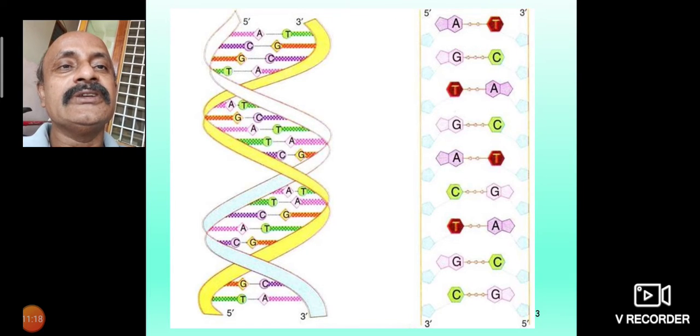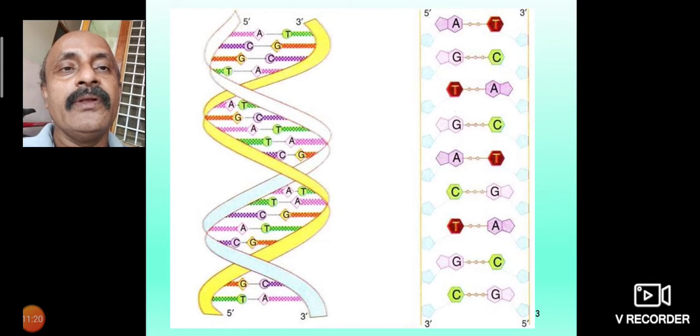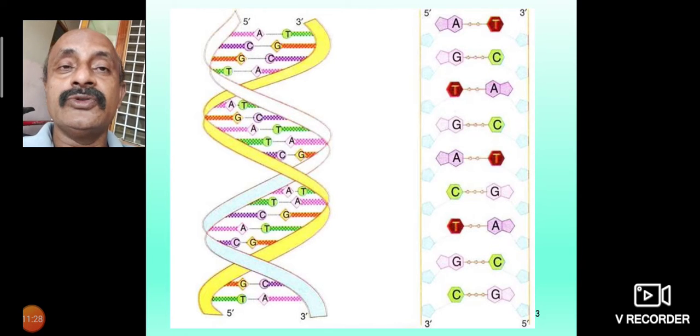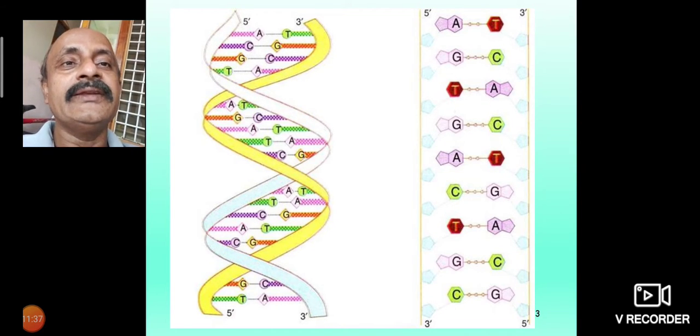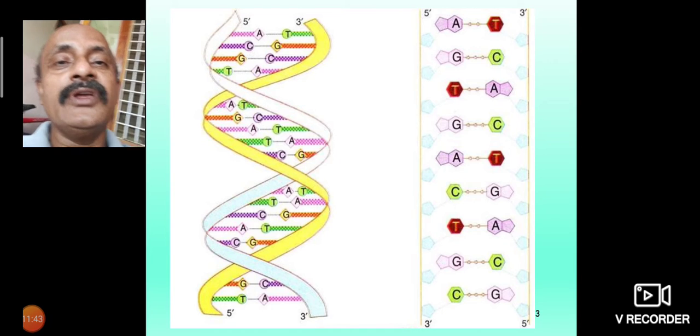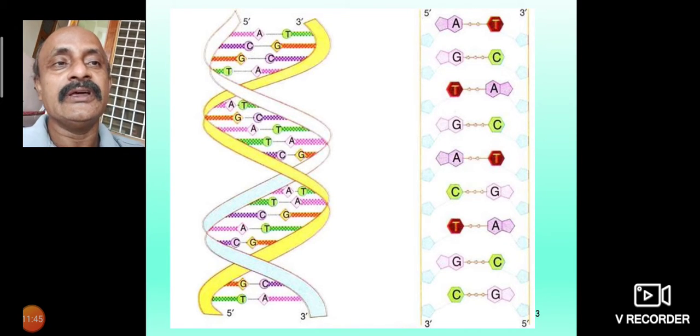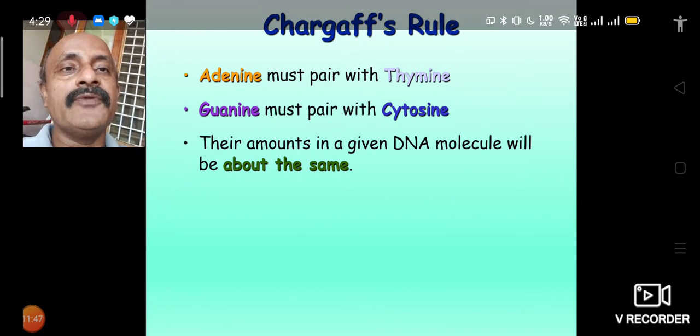In the DNA structure, the 5' end is on top. The 5' end is the white color thread. You see the pair: the white color thread is on top and the yellow color thread is on the downside. The right-handed DNA molecule was reported by Watson and Crick, not left-handed. The bases are adenine, thymine, guanine, cytosine, thymine, adenine, which always form bonds with each other. This is called Chargaff's rule.